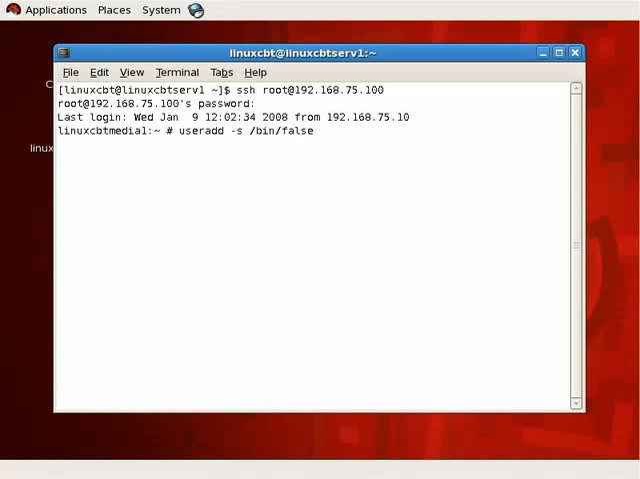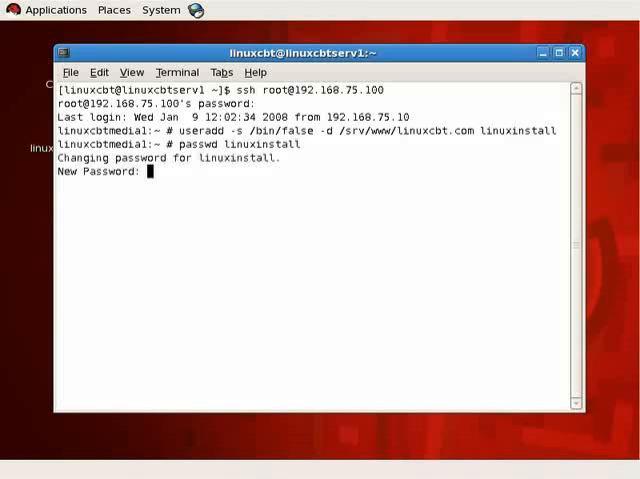We'll then also indicate that the user's home directory is the root directory where we can find the Red Hat files, which is /srv/www.linuxcbt.com, beneath which we'll find RH5 and i386. The user's name will be linuxinstall, and then we'll assign a password to the user linuxinstall. We'll set it to simply ABC123,